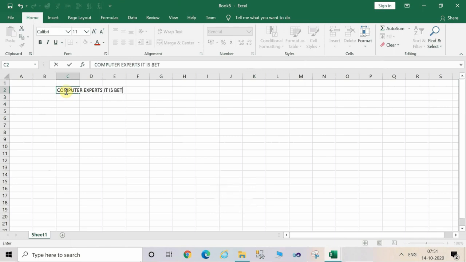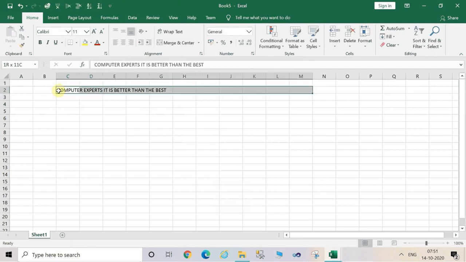And now I will change the font size of this text which I have entered here. For this, select the text, and now you have to press the Alt key from the keyboard.